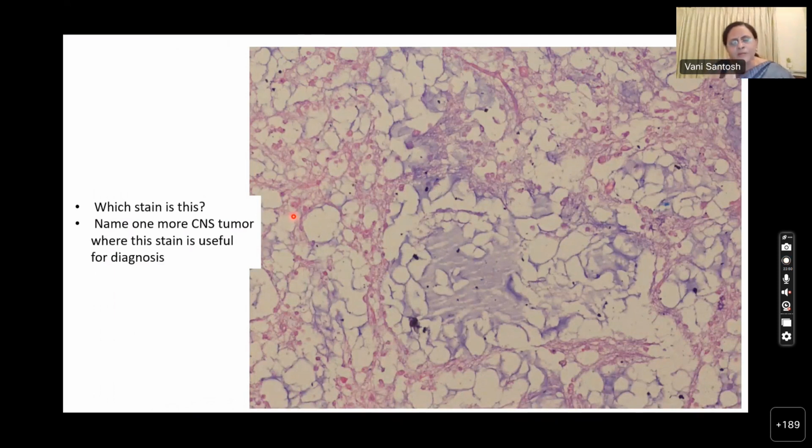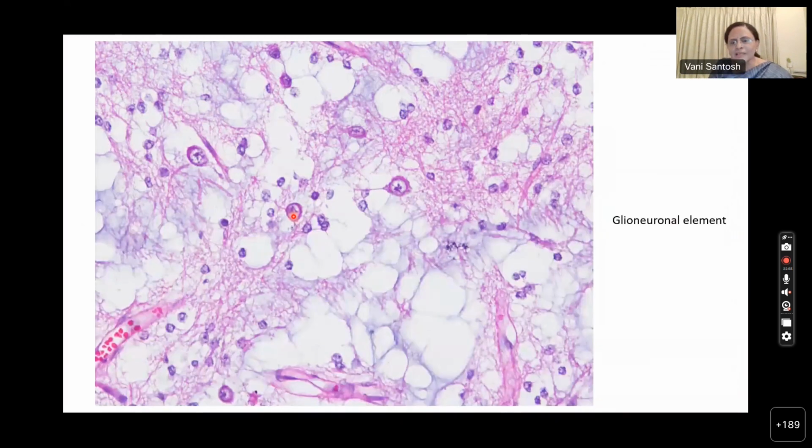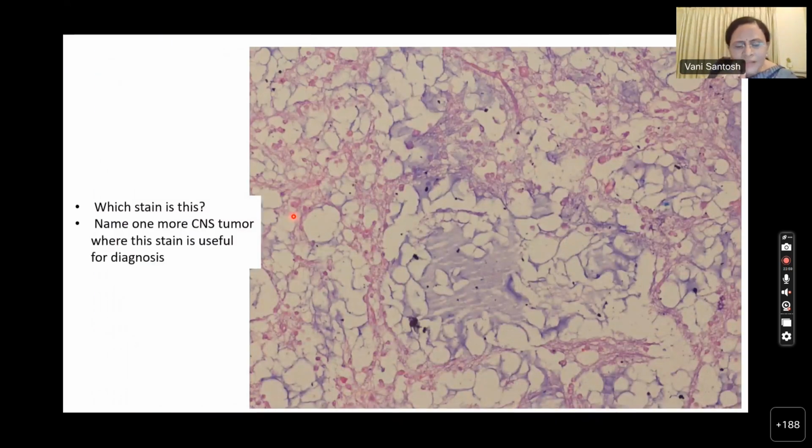And these microcystic spaces can have a myxoid-like material. You saw this? It has this myxoid-like material within the microcystic space. If it is not very clear, you can sometimes highlight that by a special stain. I've used one special stain here. Can somebody tell me what special stain I've used for this myxoid matrix? Which one? Alcian. Very good, 100 marks. Alcian blue. I've used Alcian blue, and with Alcian blue, you can see how beautifully these microcystic spaces with the